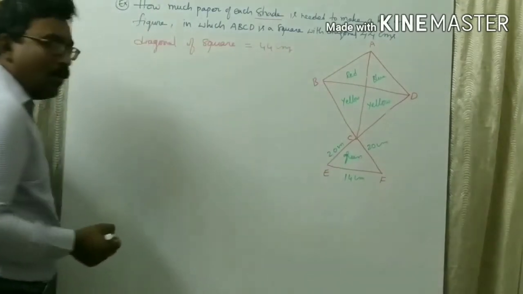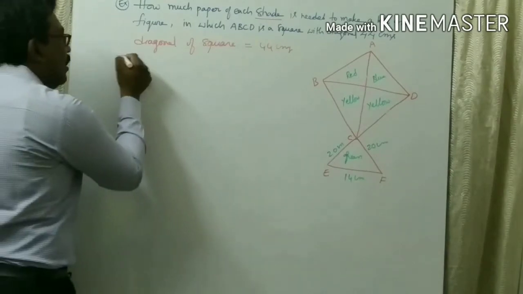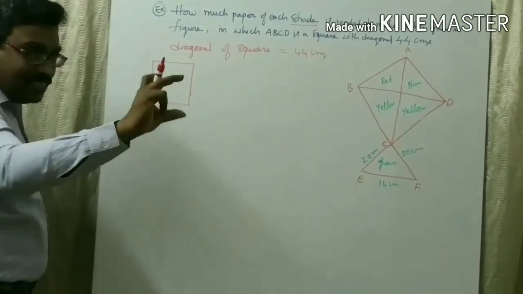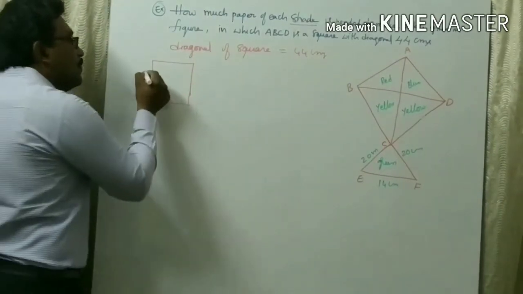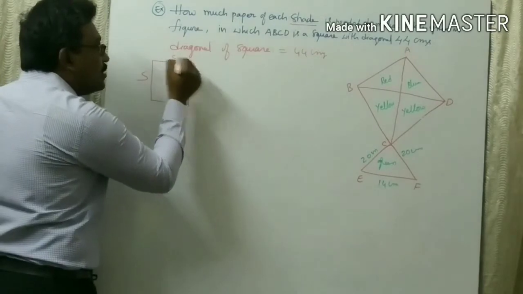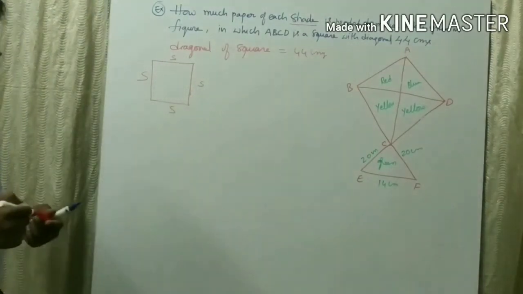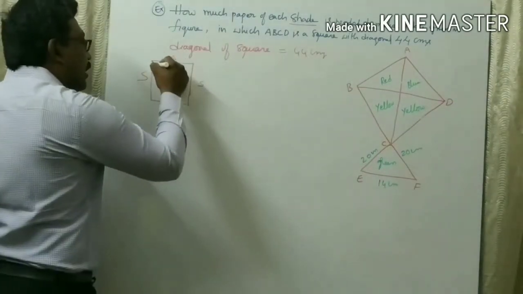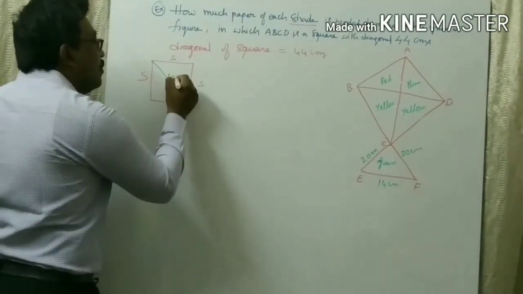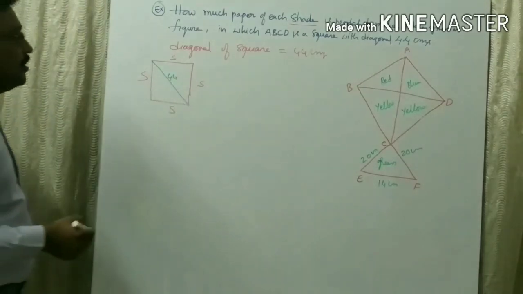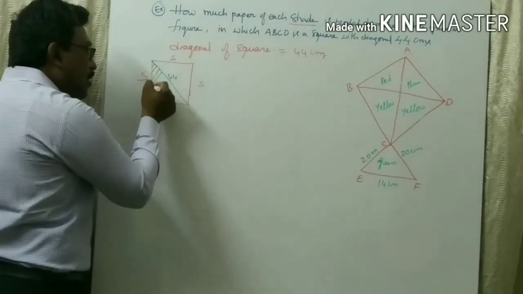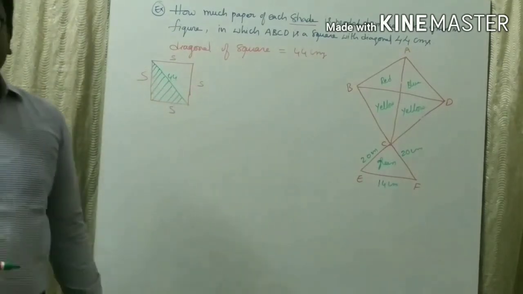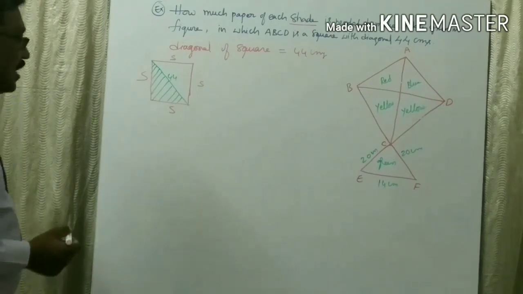centimeters. Okay. Now, generally we will draw square like this. Okay. There it is tilted. Now, if it is side, it is side. In a square, all sides are equal. Then we will go with one diagonal. This is one diagonal. This is how much he gave? 44 centimeters. Now, I shaded one part. What is that? Yes, a right angle triangle.